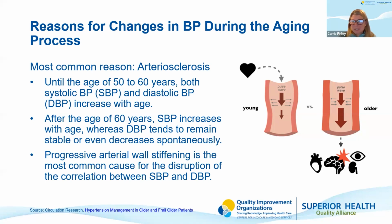As you can see from this graphic on the slide, we have young, elastic arteries. They tend to expand and recoil as the heart pumps blood. And this really helps to buffer energy from the heart, and it drives blood to the rest of the body. However, as we age, those walls tend to just naturally stiffen and thicken. And that can cause an increase in pressures, and it can alter the flow of blood in ways that can damage those downstream organs. So stiffer arteries that don't dilate well increase our risk for heart attack, stroke, and other